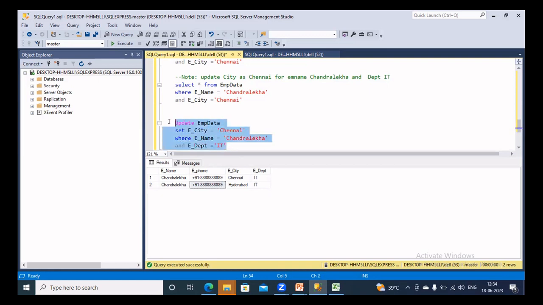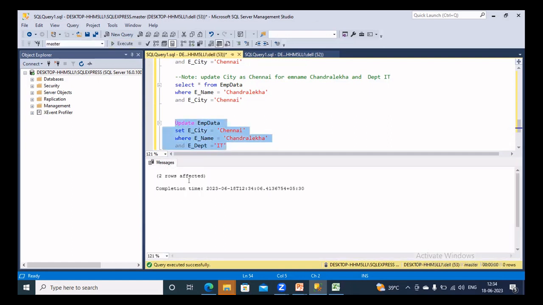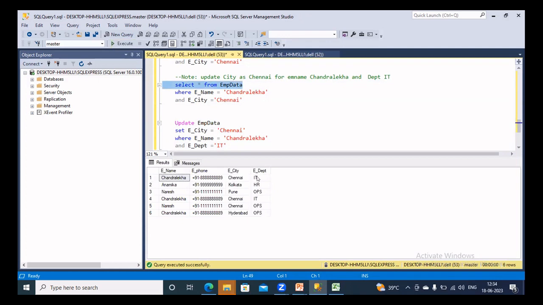Understood? So it will update 2 records. Now if I select my employee data, you can see Chandralekha, IT and Chennai. If you again do your select query, what you wrote just now, this